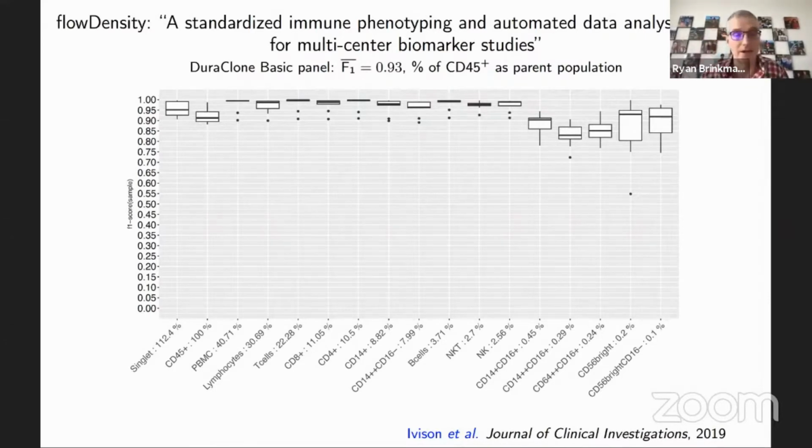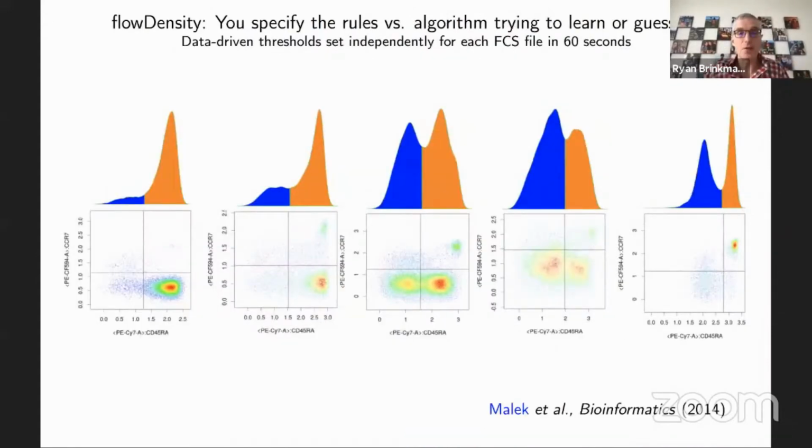When we set manual analysis the gold standard, and when we look at those files where we're not having as good performance, it's because the humans are all over the place, and we can gate with FlowDensity in a robust and reproducible manner. On challenging populations for humans, we can gate those, I would say, better, and the score doesn't reflect the reality on those. But as you can see, by and large, performance is really good. The way this algorithm works is, when you use it, you have to specify the rules for how you want to gate your population. You set those rules once for your panel,